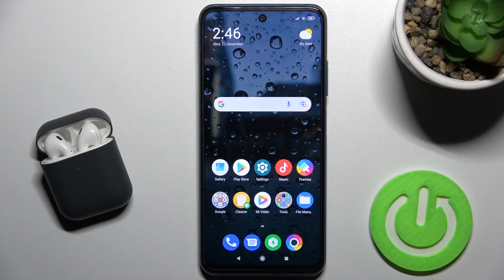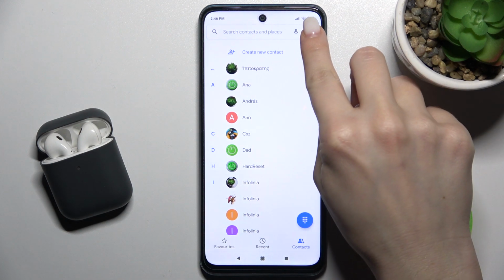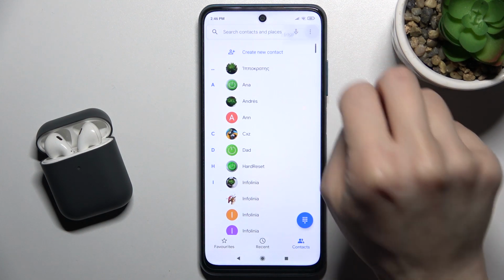Welcome. Today in front of me is a XIAOMI Poco M3 Pro, and I'll show you how to show or hide the caller ID on this device. So first you should go to the phone application, and on the right upper corner tap the three dots